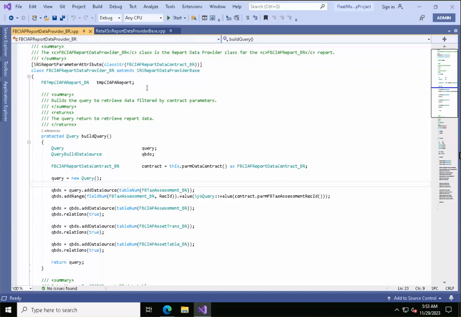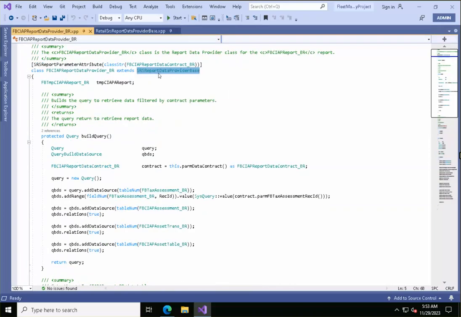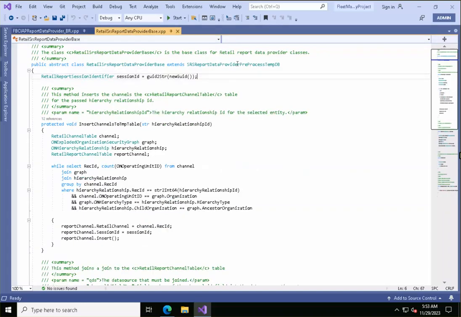This is one class and it is going to extend the SRS report data provider base. And this is one more class and it is extending SRS report data provider pre-processed MDP. These two are the data provider classes, but why is it extending sometimes SRS report data provider base and sometimes pre-processed MDB, right? So the interviewer asks the question in such a way that first they'll ask what are the